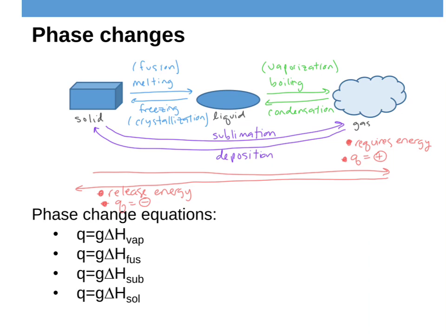And so what you're going to see are things like this, right? There's a whole bunch of different values that you're just going to look up. You could calculate them, and we will calculate some of them, but you're often just going to look these up, right? So here's a bunch of phase change equations. So you're going to have things like this is a value you're just going to go look up. This delta H vap stands for the heat of vaporization